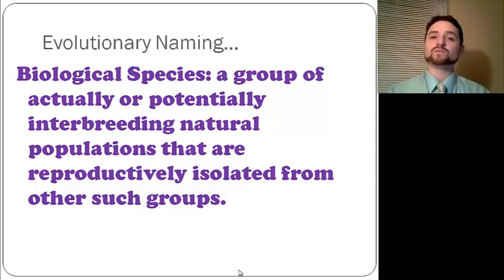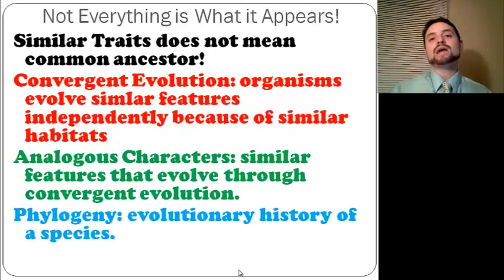Now, this definition fits well with most of the organisms that you're going to find in Kingdom Animalia. As you get outside of the animal species and you get into plants and other organisms, this definition is not that great because there's so much interbreeding that can go on in other organisms. But in the Kingdom Animalia, this definition works really well. And it helps us to understand, at the end of the day, relatedness, because organisms may look very similar, but that doesn't necessarily put them in the same species, and it doesn't necessarily put them even as a close ancestor.